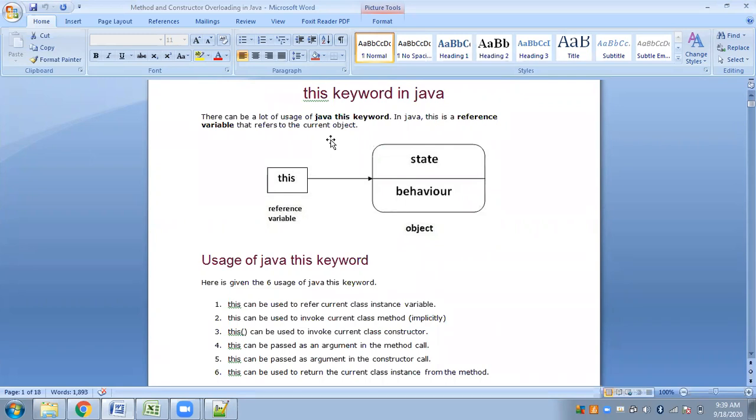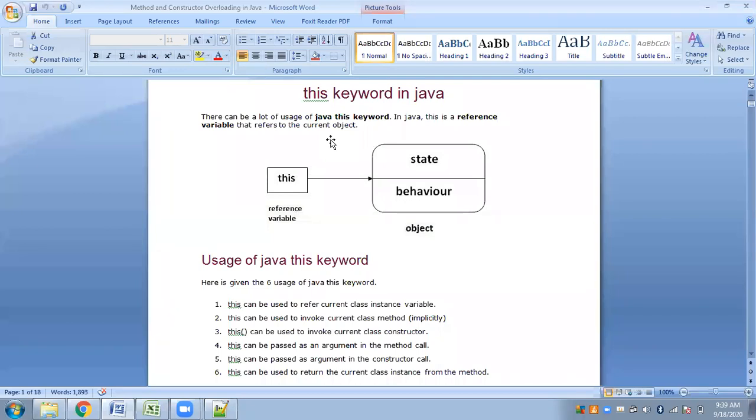We have always seen that whenever you have to call any function from your class, you have to call it using the object. So the object makes the function call. With the object, you will be calling a function of your class. This is how we are referring to the methods or functions of a class using objects.